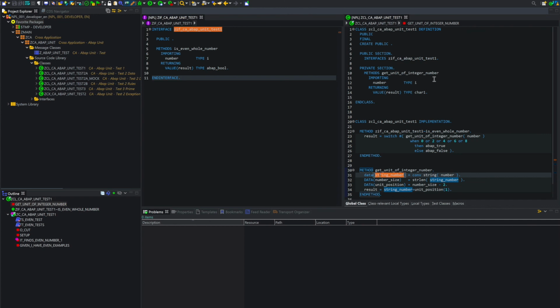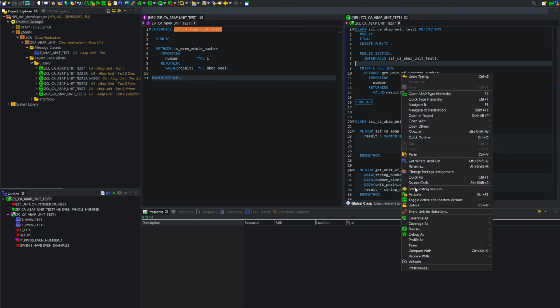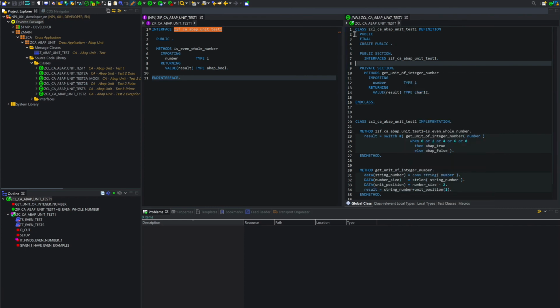If the code is not activated, I will show you. Here you have an icon that says the object is locked. I save the object. The object is locked, and you have another white circle that says the object is inactive. I activate, the object is unlocked, and the object is active.